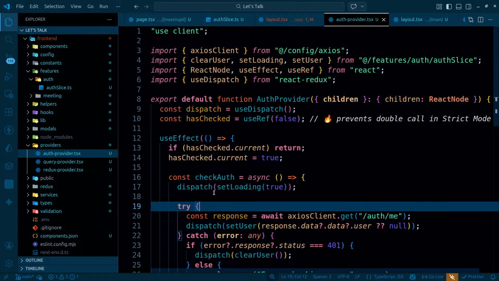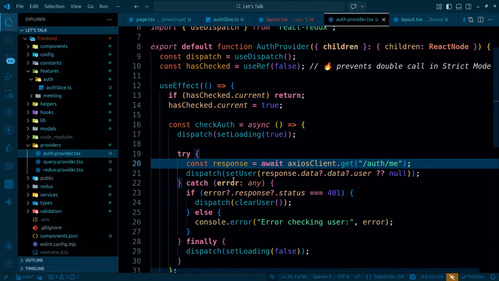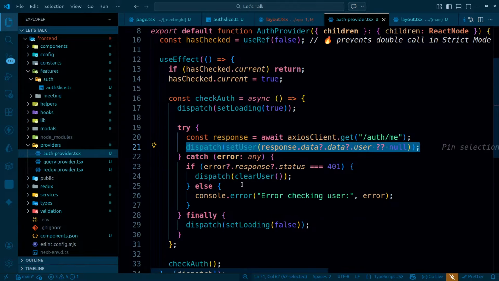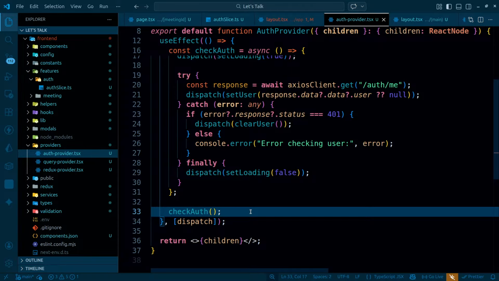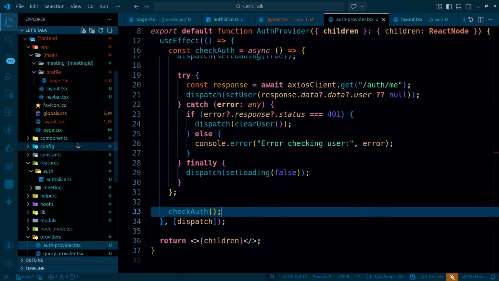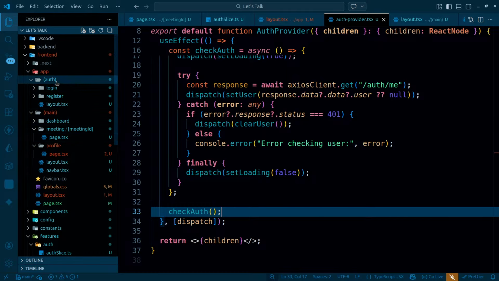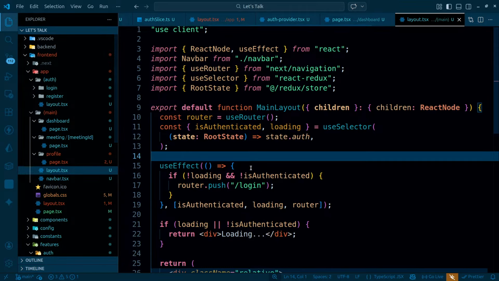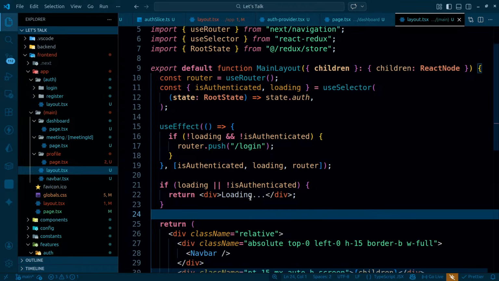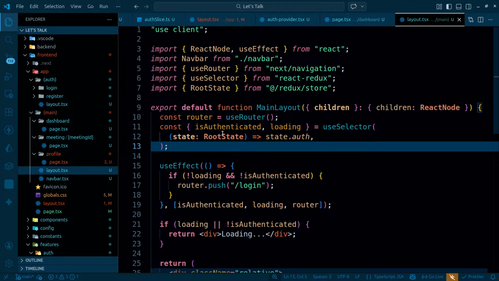So ultimately this request actually goes here. Once this request goes here, I'm gonna be setting the value of this, and once the value is set here, that's it. I'm actually doing nothing inside this, and dispatch is the dependency here. That's fine. At the end of the day, I want to go to the home page, the dashboard page, and when I go to the dashboard page, this particular layout runs, and at that time I'm going to check if the user is authenticated or not, and on the basis of that thing,